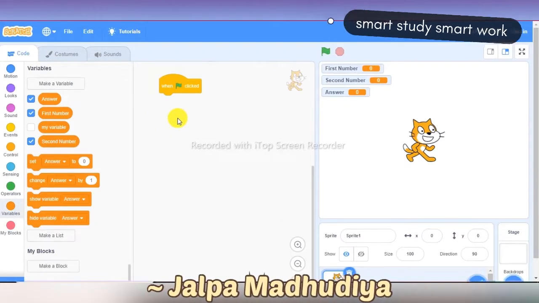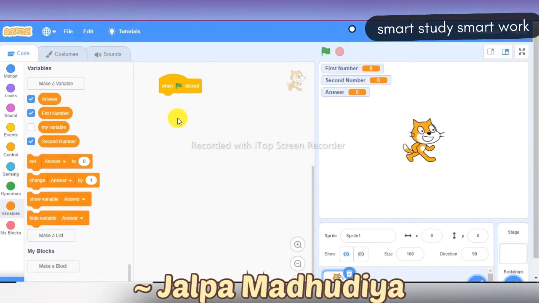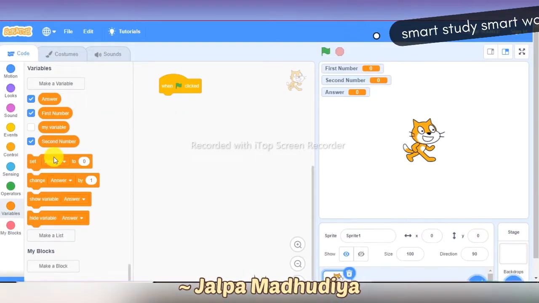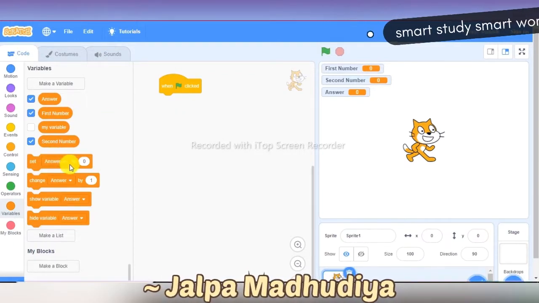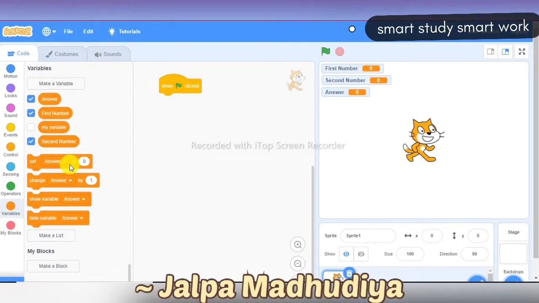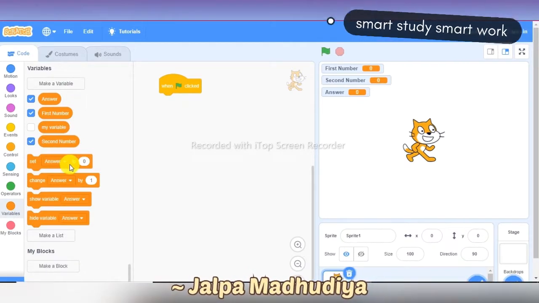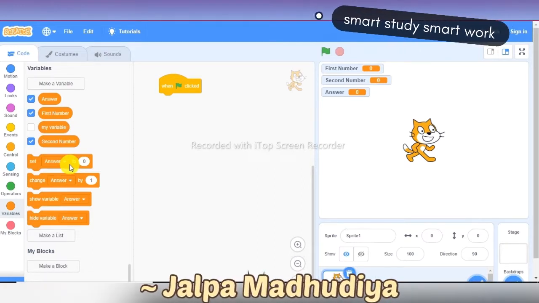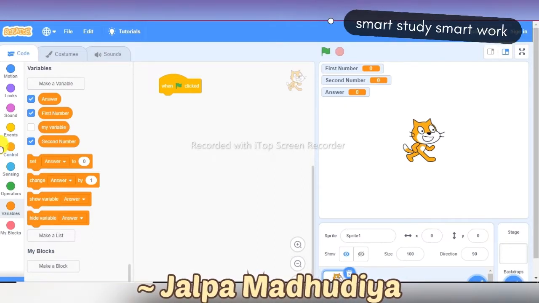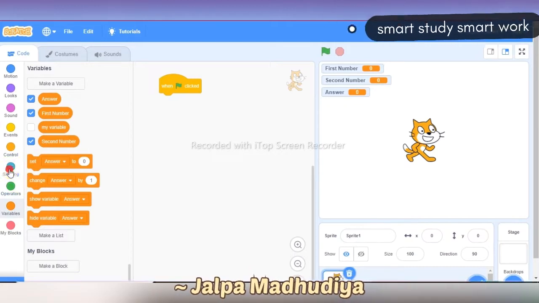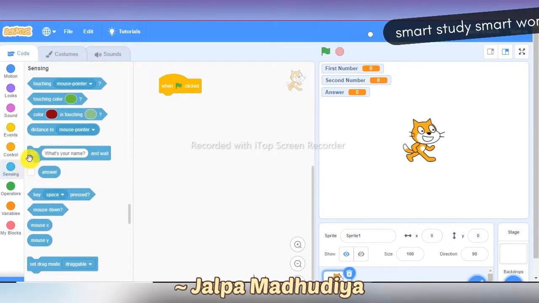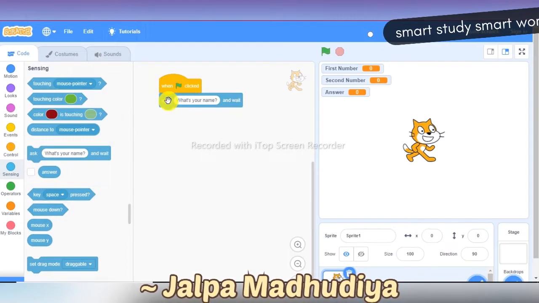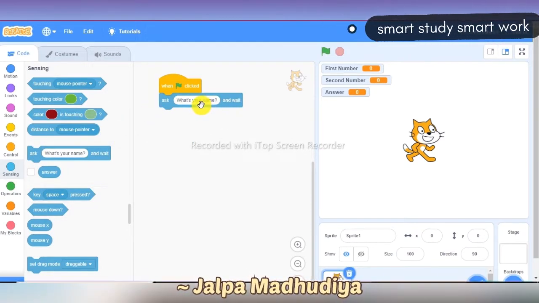Now we are taking the ask block from the sensing block. What is the sensing block? The sensing block is used to sense the keyboard input while executing the script. Now what is the ask block?